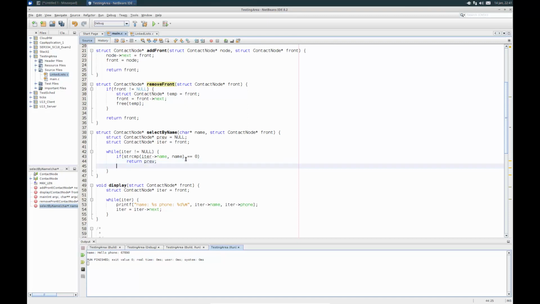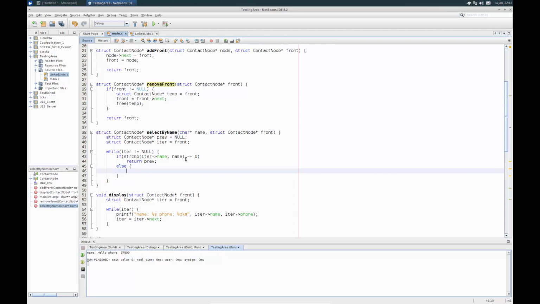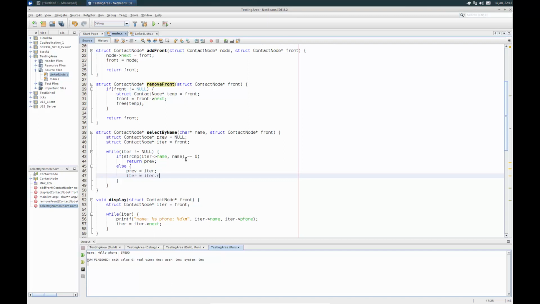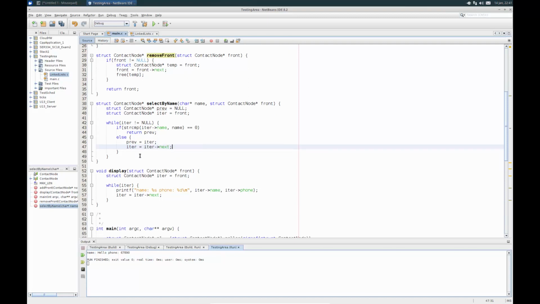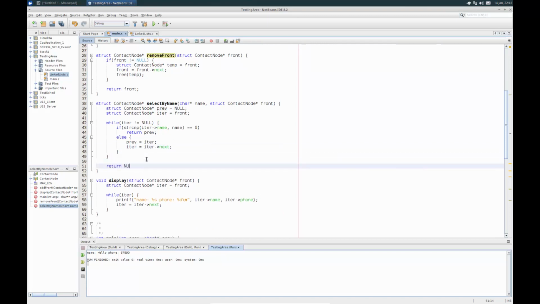Okay, now else what we want to do is what? We want to basically move forward our other variables, right? So if we didn't find what we want, we've got to move these forward. So we've got to move previous forward. So we're going to set previous equal to iter. So we're going to move that arrow forward, and then we'll go iter equal iter arrow next. So we're moving both of those arrows forward to go to the next place. Okay, so we have that, and that should be pretty good for us. One thing we might want at the end is this additional line to say, return null. So if I go through the whole thing and don't get a match, just return null.